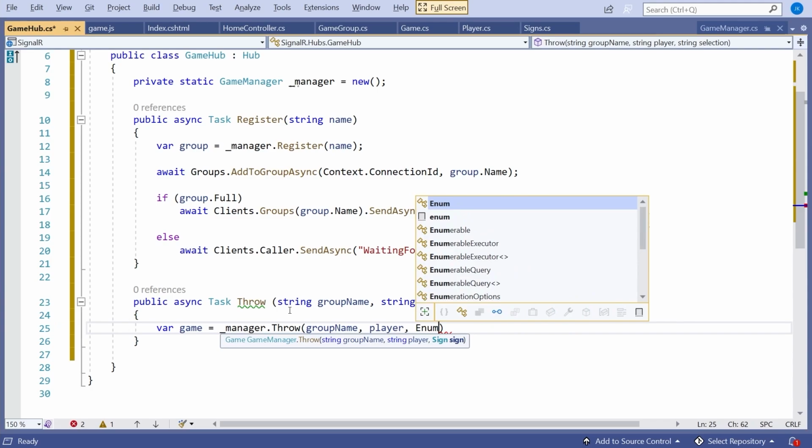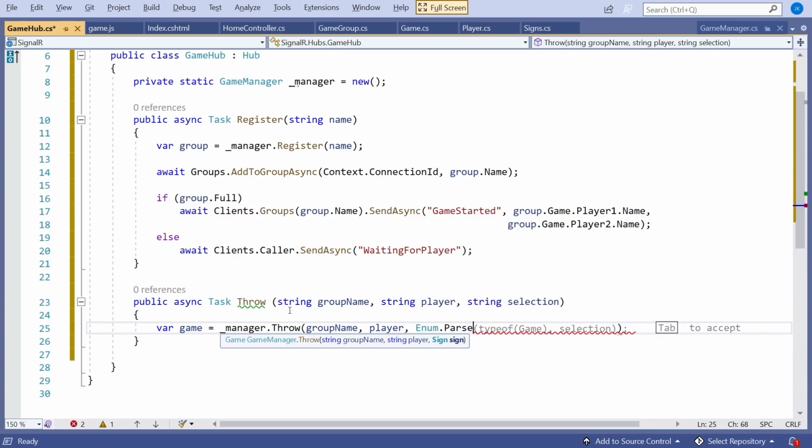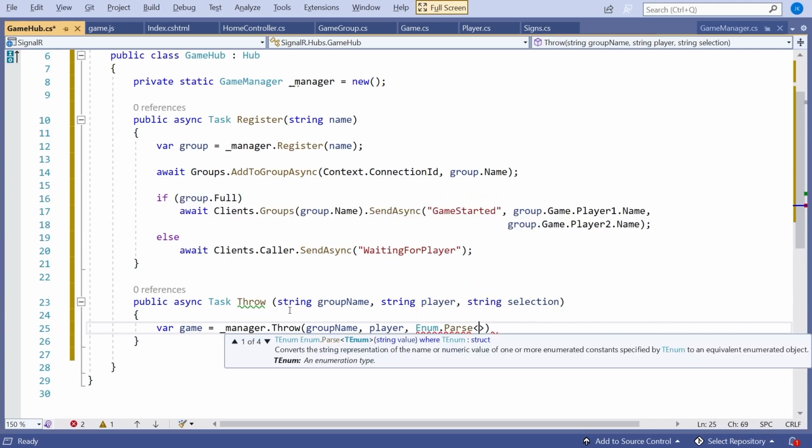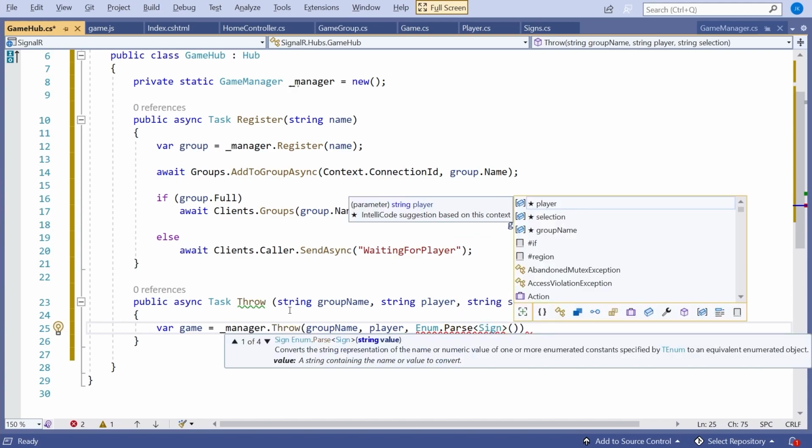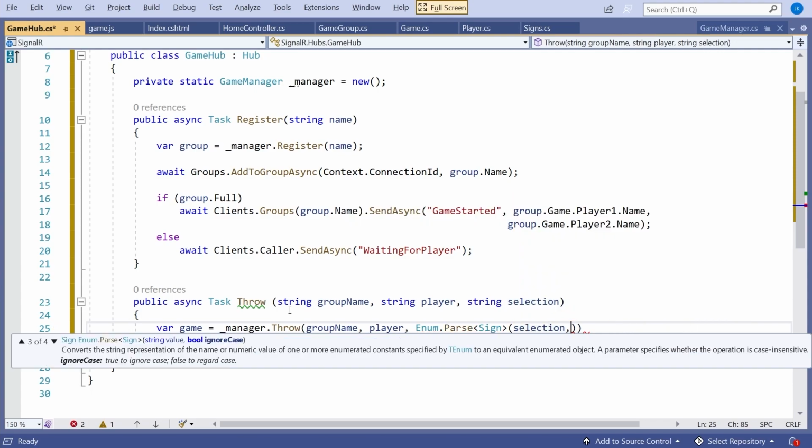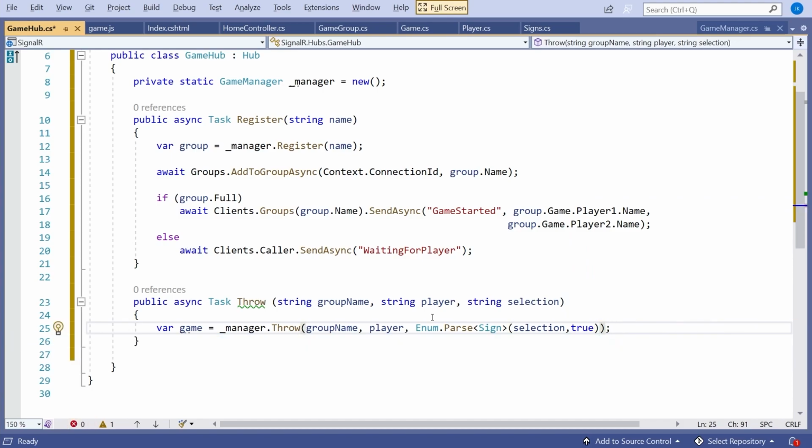So we're just going to do an Enum.Parse and parse it to this Sign type. And then we're going to take the selection and then also, just to make things a bit more helpful, we're going to ignore the case on that.